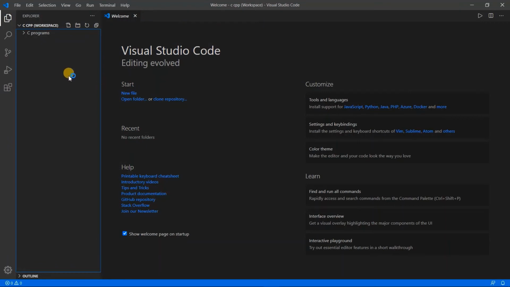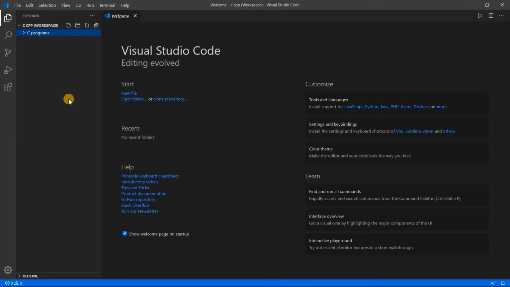Okay, so here you can see that this is your workspace, and this is the folder you have created. Now, if you write any file or any program, it will appear here from here to downside. Okay, so you have successfully created your workspace as well as your folder,